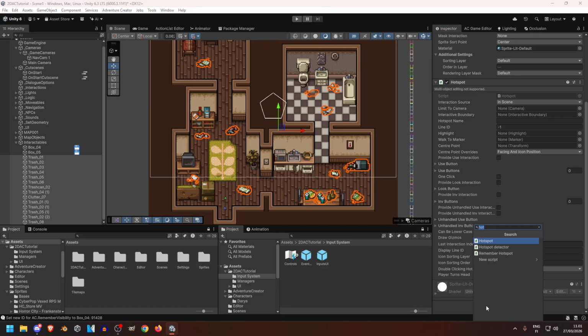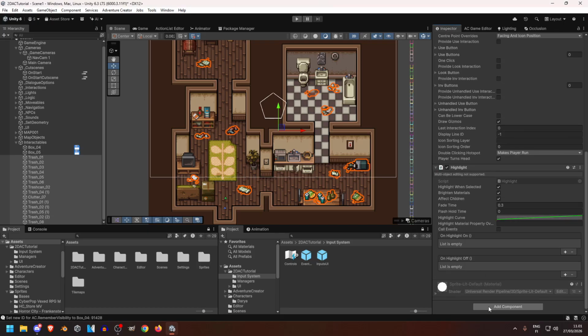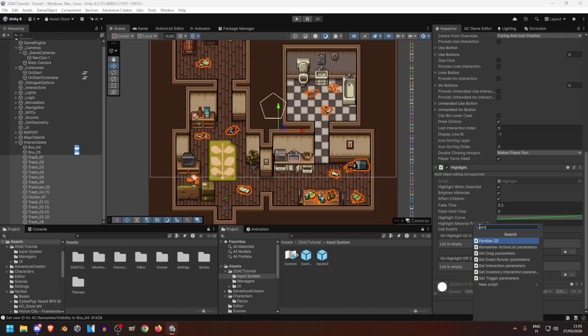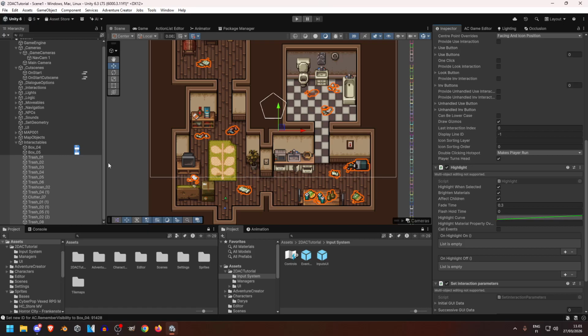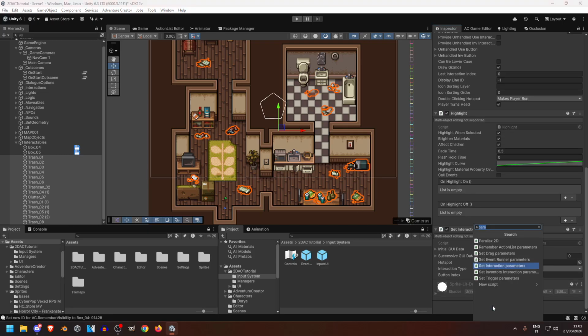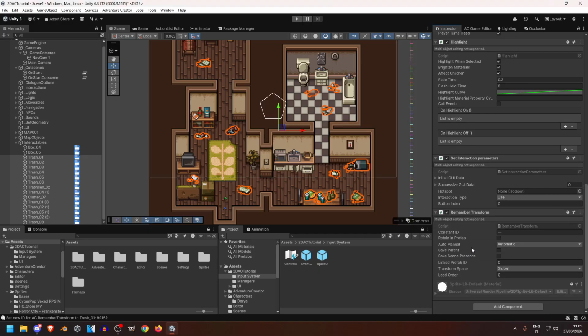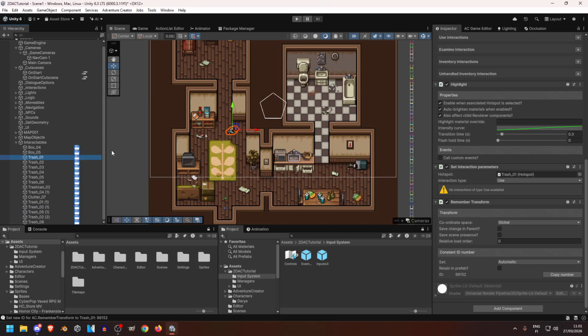Don't worry about that now. Highlight. And then we will also add parameters. So set interaction parameters is what we want also here. And another thing, remember transform, because we will be moving these objects, all of this trash, away from the scene. And we need